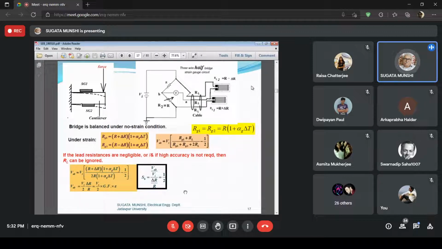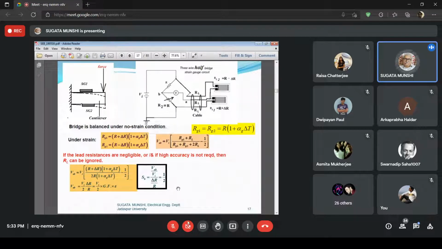But in spite of your good wishes, you will not be able to place the strain gauges, one under tension and one under compression. That type of situation, the arrangement may not allow you. I have considered here a cantilever, but it's not that you will always measure the strain in a cantilever. There can be complicated mechanical structures whose strain is to be measured. So what's the way out there?